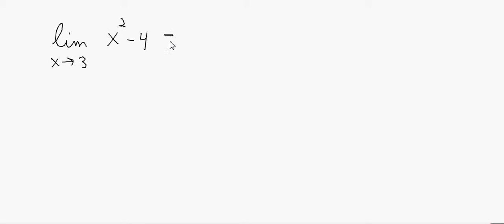To answer this one, actually just plug in. You plug in 3, and you get 3 squared is 9 minus 4. The answer is 5. Okay? But we need to talk about why. Why is the answer 5? Why is it just plug it in? That's so easy. What's the point of all this in the first place? So,